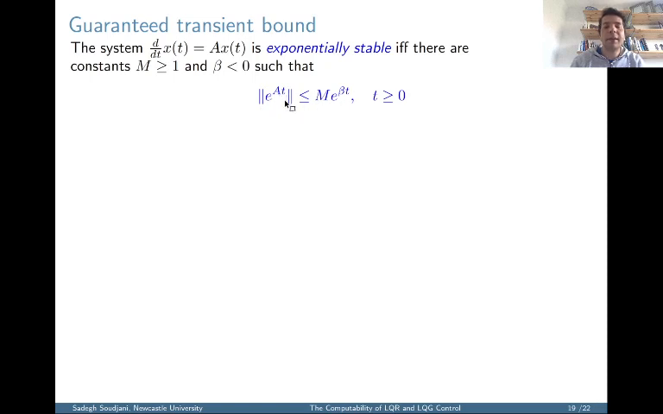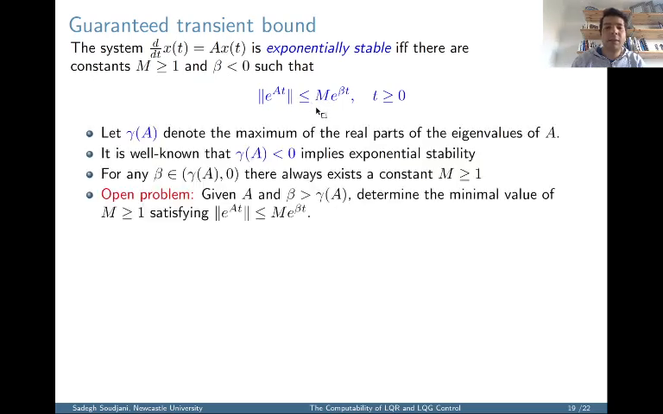So e to the power At gives us the solution of the dynamical system, and we want to see whether the norm of this e to the power At is less than or equal to a constant times e to the power beta t, and beta should be negative, and m is a constant to make sure that the inequality is always true. We know that this exponential stability can be checked very easily by looking at the eigenvalues of the